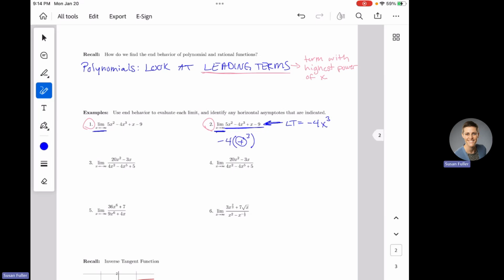And again, I'm just putting a plus with a circle here. This is a huge positive number, 3 million. So take 3 million and raise it to the third power, because order of operations says I need to do the exponent before I multiply by that negative 4. So what is 3 million to the third power?